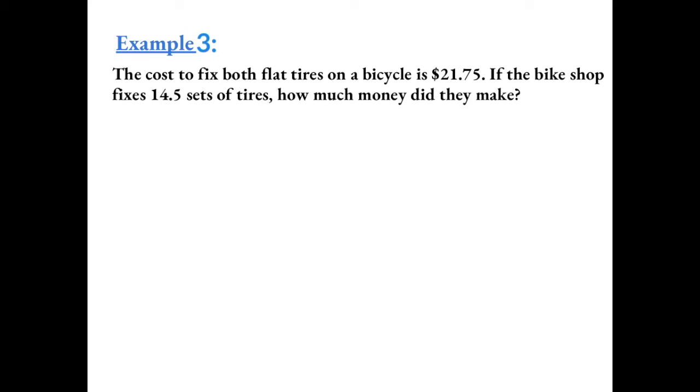Example 3. The cost to fix both flat tires on a bicycle is $21.75. If the bike shop fixes 14.5 sets of tires, how much money did they make? So one bicycle has 1 set of tires. So on one bicycle, they make $21.75 and they fixed 14.5 sets of tires, so 14.5 bicycles. So to find out how much money did they make, we have to multiply $21.75 times